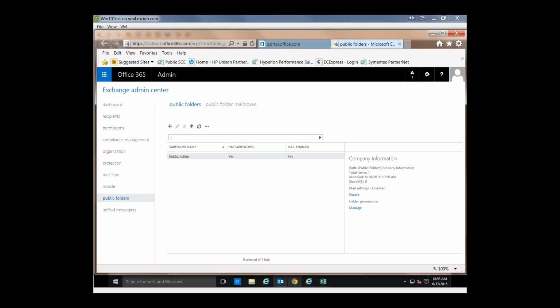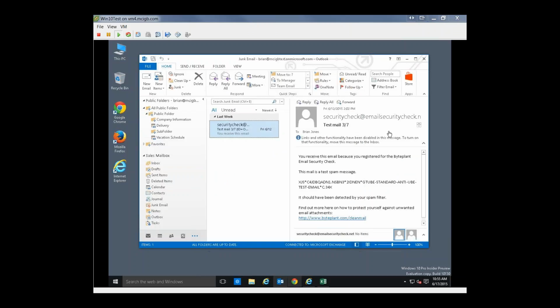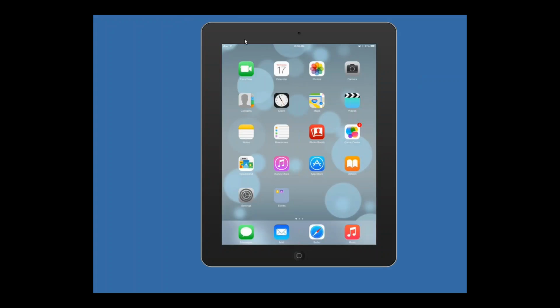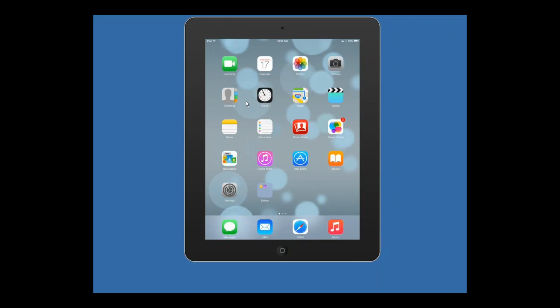All right, the last thing I'm going to do here is bring up an iPad and we'll show a little bit about setting up these devices for Office 365. First thing somebody typically wants to do is receive their email on their phone, or on their iPad. Again, I'm doing it with an Apple device. Android devices are similar. If I click on mail,